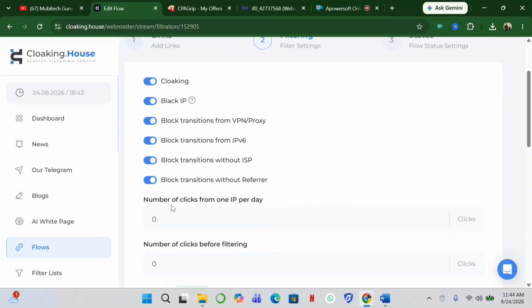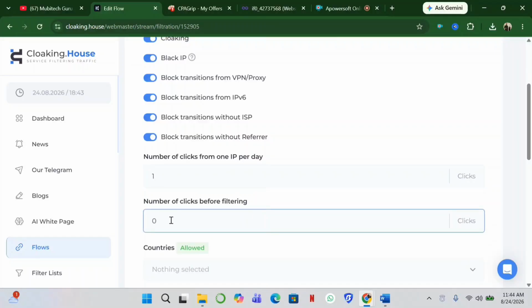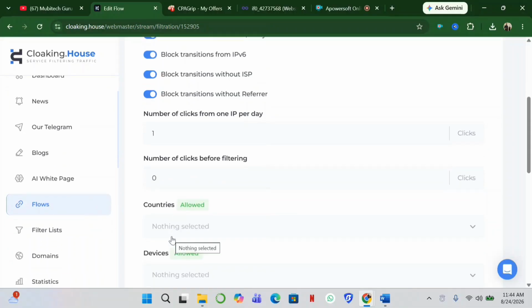So you can also just come to this place and put maybe 1 IP per day, and number of clicks before filtering. Just leave it 0. You understand? So it will remain inactive. You understand? So put 0. Just leave it 0. So now let's go to where our